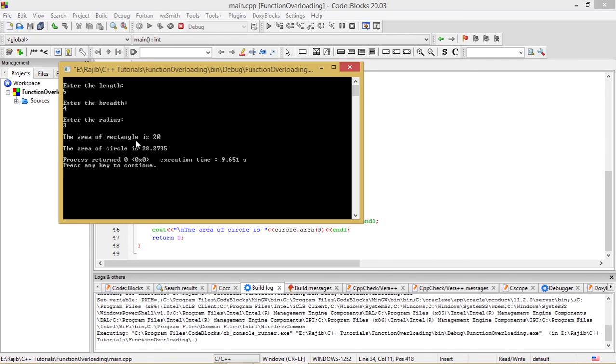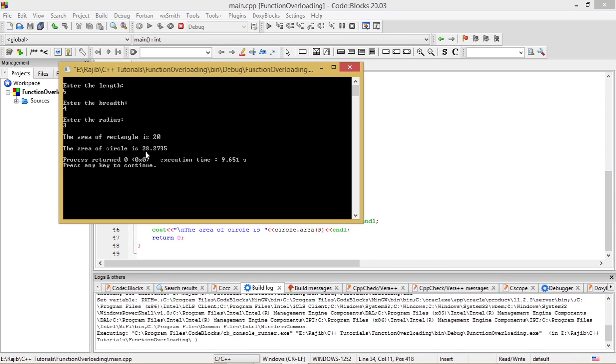That is, the area of the rectangle is 20, because 5 into 4 is 20, and 3.1415 into 3 into 3 gives this value 28.2735. We get the exact calculation of the area of the circle, because earlier we used an integer data type for the radius, which was not giving the perfect result. It was truncating this 0.2735 portion to give the answer as 28.